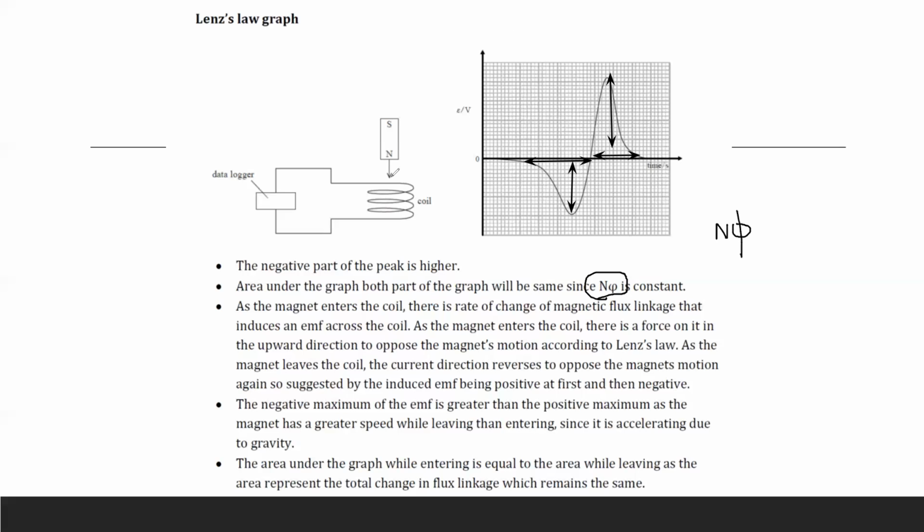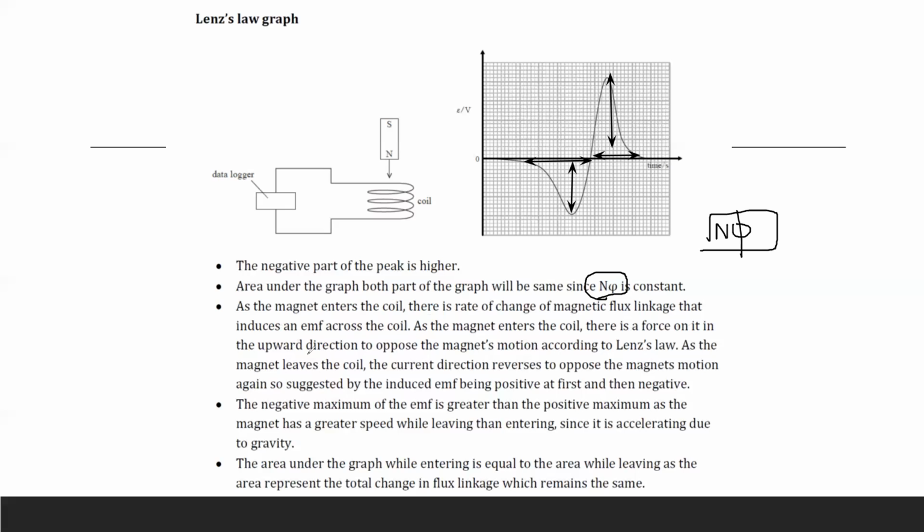Because the magnetic flux linkage, or number of field lines passing through unit area through n number of turns, is constant, that's why the area of both peaks is the same. So what happened as the magnet enters the coil: there is a rate of change of magnetic flux linkage which induces EMF. As the magnet enters the coil, there is an upward force on it which tries to oppose it